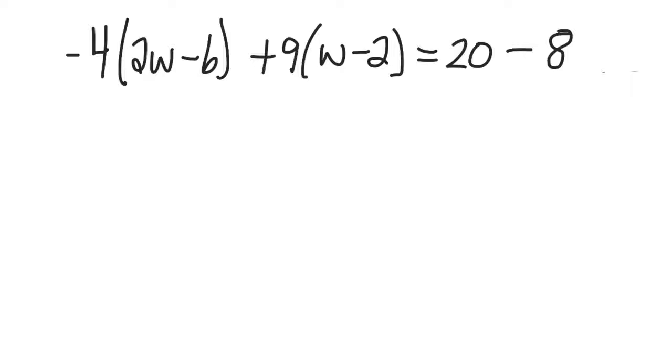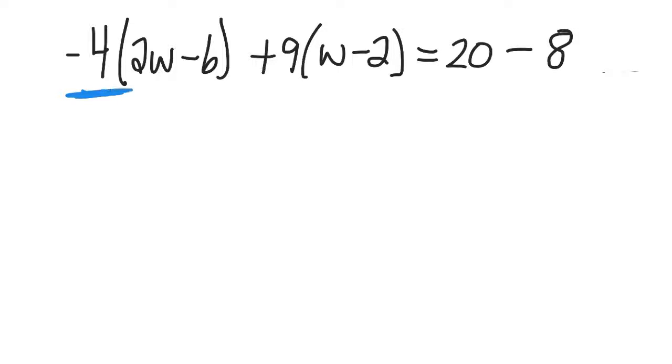So if you'll remember from our list of ways that we might have to simplify an equation, the first thing that we might want to do is clear fractions. Well, I don't see any fractions. So the next thing we might want to do is work with parentheses to remove them. And the way we remove parentheses is we use the distributive property. So what I'm going to do in the distributive property is I'm going to take 4 here,